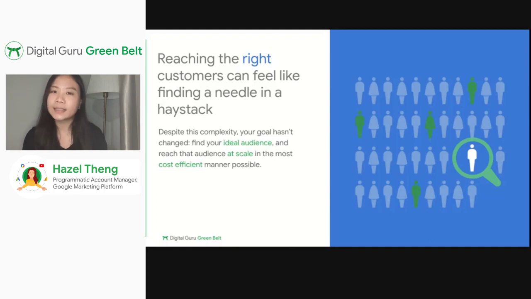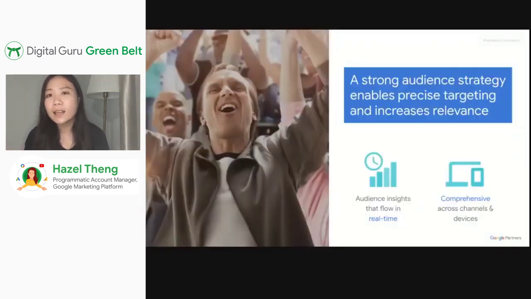Despite this complexity, advertisers' goals have not actually changed that much. It's really about reaching the right audience at scale, in the most efficient and cost-efficient way. So tapping into real-time audience insights across channels and devices allows us to move towards more precise audience targeting and enables our ads to be more relevant to the targeted pool of audience.